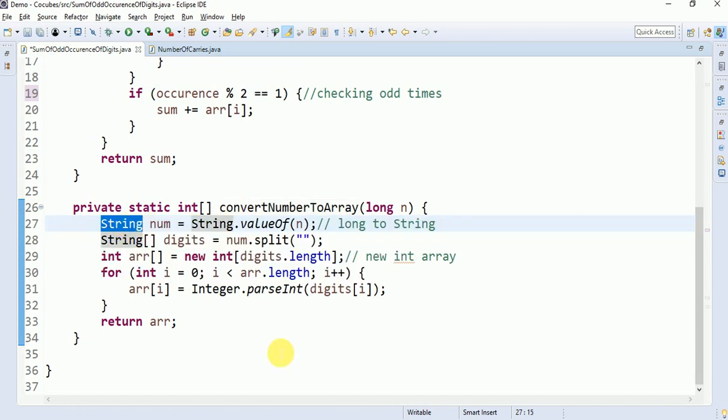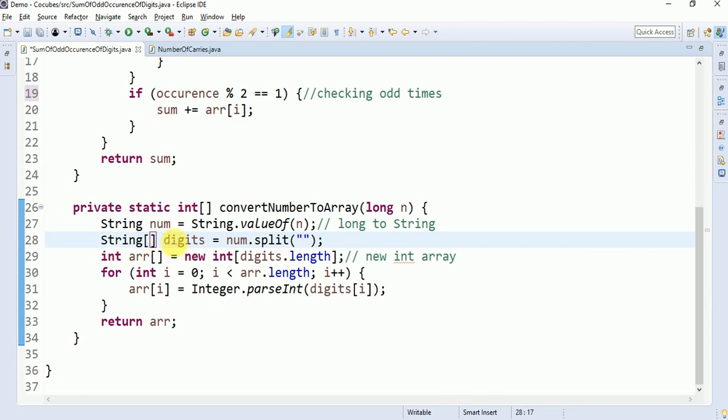Now the num type is string, so the string can be split. When you call split with no character given, it splits each digit, so you get an array of digits. The variable num dot split is a predefined method present in the String class. You are not specifying any token here. If you give a space, it splits wherever you have a space. You are giving nothing, so it splits the digits, and you get a string array.